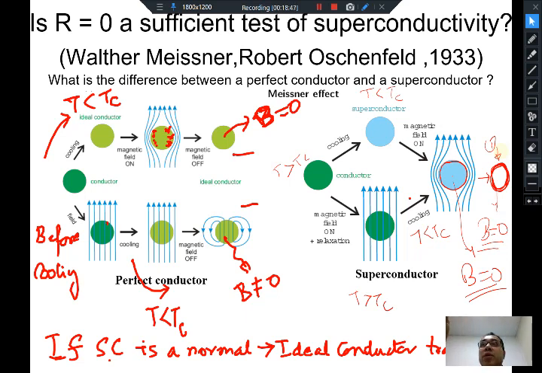R equal to 0 or R going very low is not the true test of superconductivity. The true test of superconductivity is to show that there is a Meissner signal associated with the system. Namely, it goes into a perfect diamagnetic state. And we will discuss this a little bit in more detail in the next